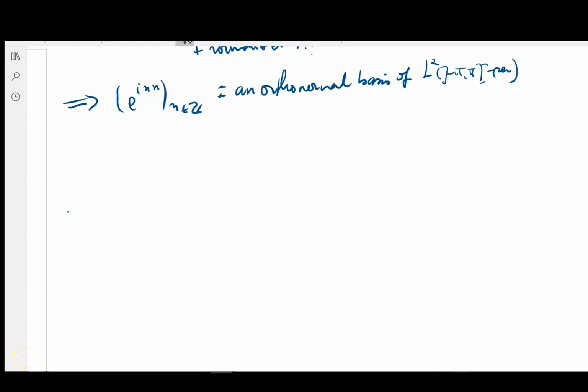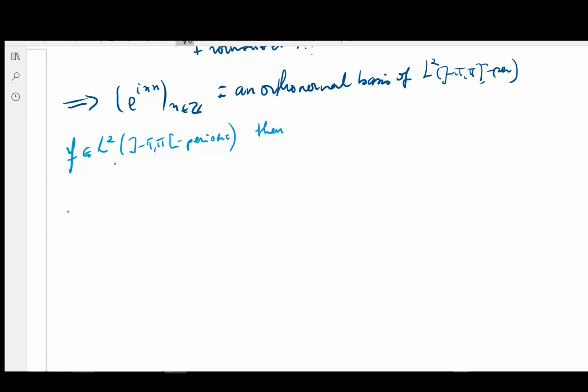Okay, so just to sum up, we have this result from Dirichlet's theorem, actually, that if f is in L2, so let's say that we're considering minus pi to pi periodic functions, but you know that we can extend that very easily to functions defined only on a bounded interval. Then